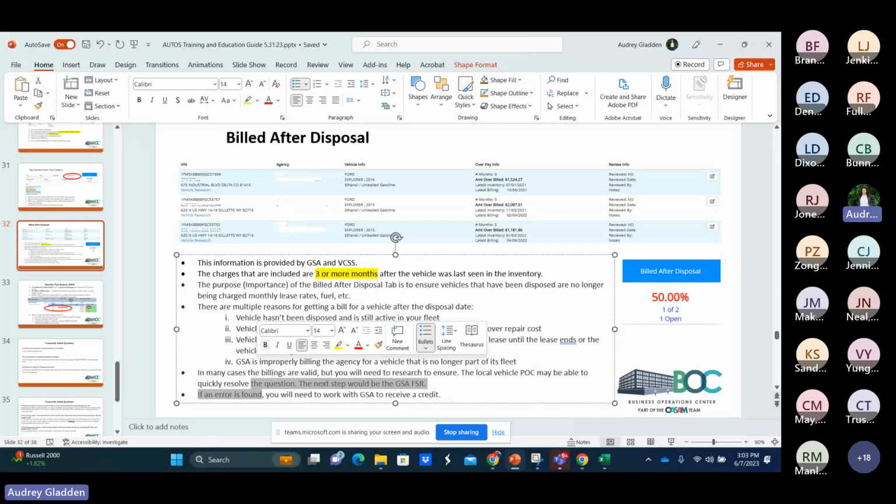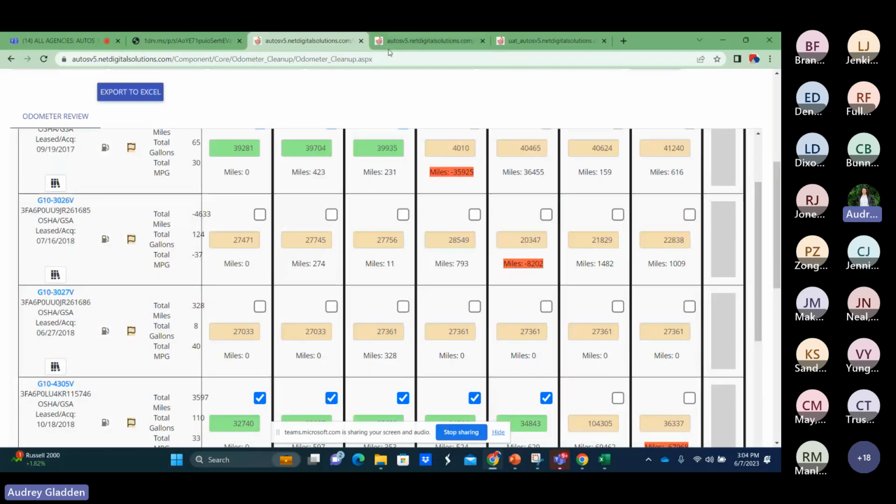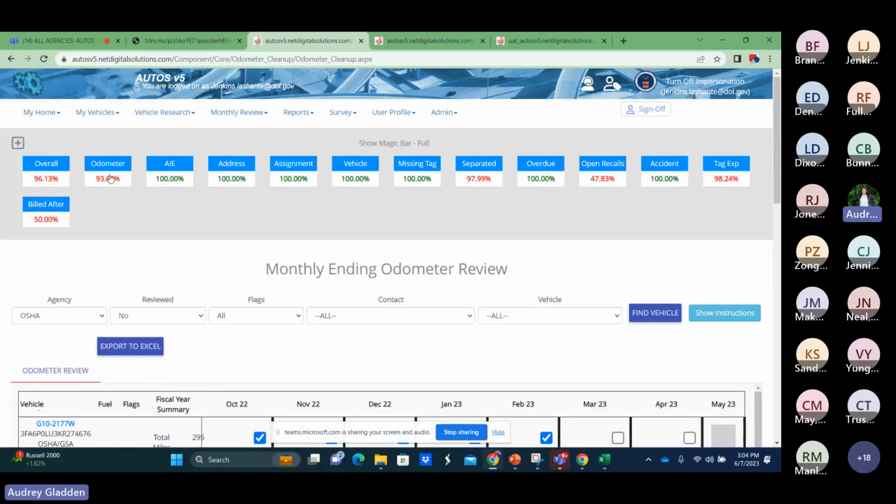The next one is that the agency is being improperly billed and the vehicle is no longer a part of the fleet. In that case, you would definitely want to talk to your FSR and see if you can recover those costs. I'm going to go into the system real quick and just display that